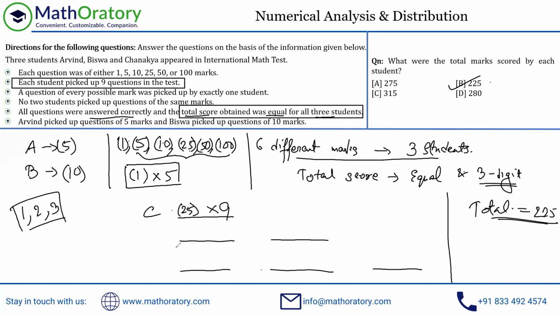So think about the 1 into 5. 1 into 5 gives us 5 marks, right? You cannot allocate just one other. If you do allocate the 1 into 5 here, the total has to be 225. But then how do you get 220 from here? You cannot have 55 as a mark, right? 55 into 4 is not allowed. So effectively the 1 into 5 has to take up this spot, and you need to get a 220 from 4 questions. So how do you get a 220 from 4 questions?